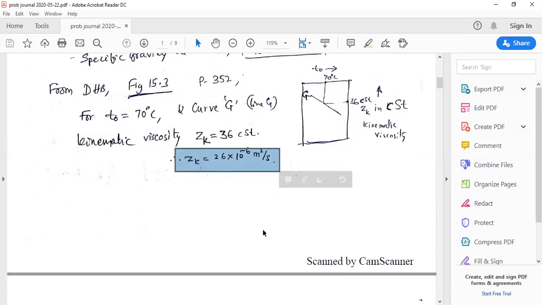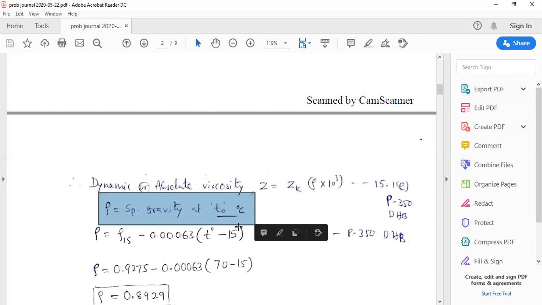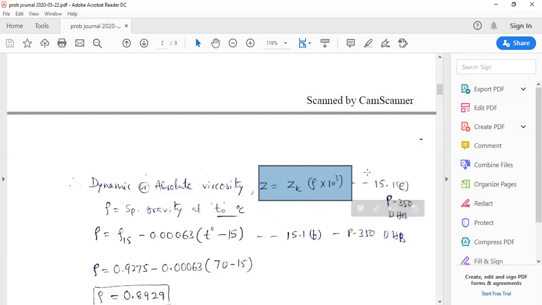Once the kinematic viscosity is obtained, the next step is the calculation of dynamic viscosity. How is the dynamic viscosity calculated? Dynamic viscosity is calculated as the product of kinematic viscosity and mass density of the liquid, that is, the lubricant. So what is mass density? Rho into 10 raised to 3, where rho is the specific gravity at the given operating temperature. So Z is equal to Zk into rho into 10 raised to 3, available in equation number 15.1